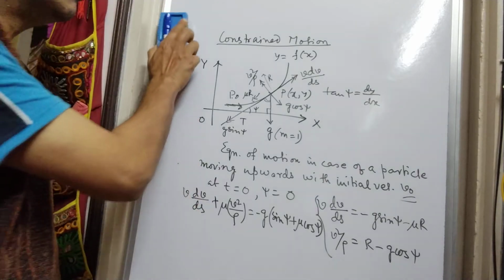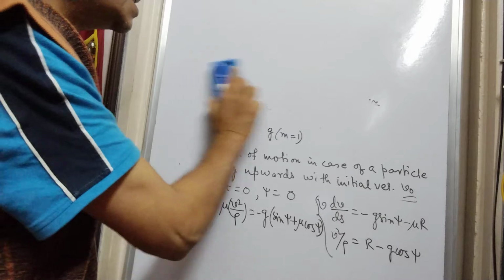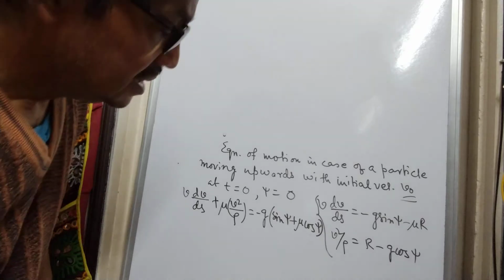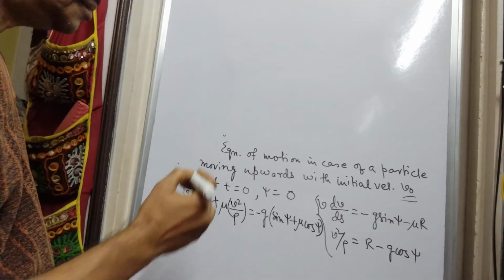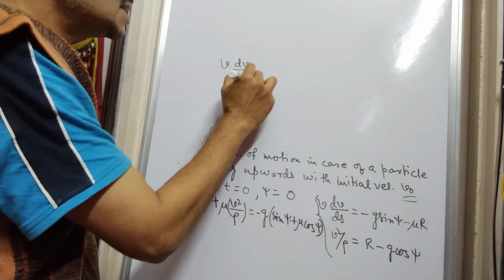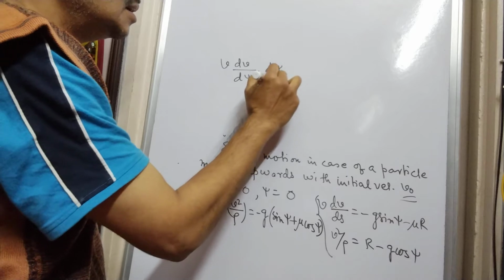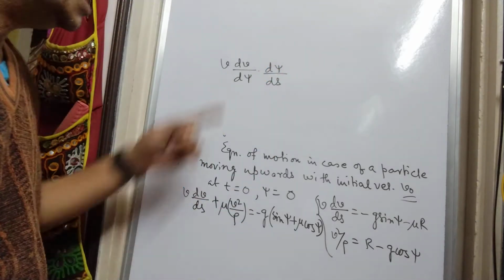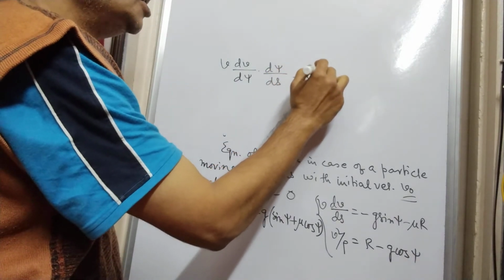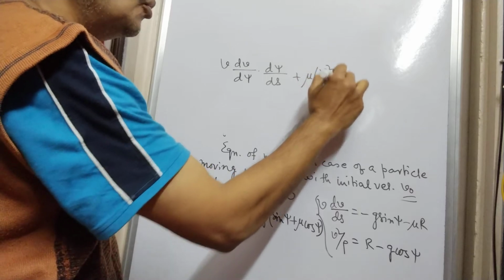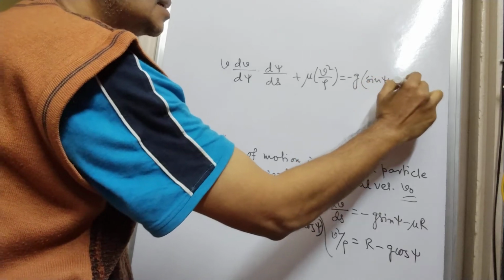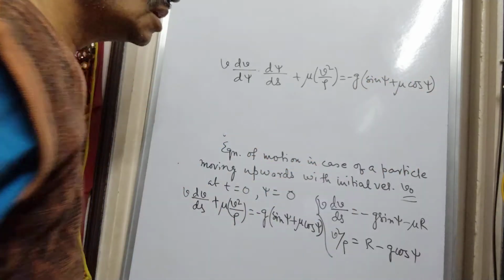Now let me wipe out the figure and concentrate on this. The geometry is quite clear, and we have this equation, which is nothing but, let me write it again like this. I have applied chain rule here, v dv/dpsi into dpsi/ds, obviously for a specific purpose, plus mu v square by rho is equal to minus g (sin psi plus mu cos psi). Okay,